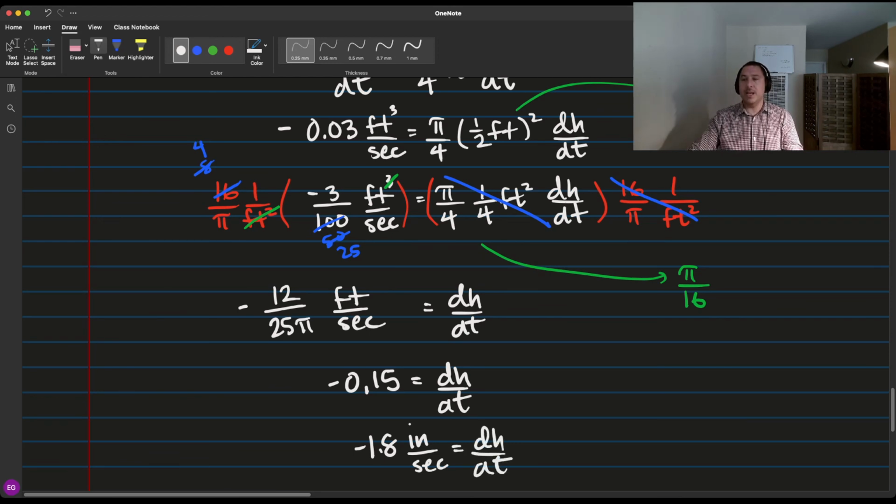So if we're draining at a rate of 0.03 cubic feet per second, the height at 1/2 feet is going down 1.8 inches every second. So in other words, if you were watching it drain at that moment, after 1 second, you would see the height of the water go down by about 1.8 inches. So in a second, you'd see it go down 2 inches approximately. To give you an idea of like